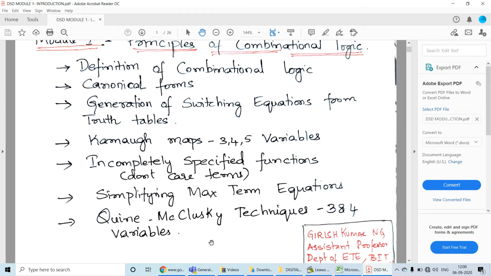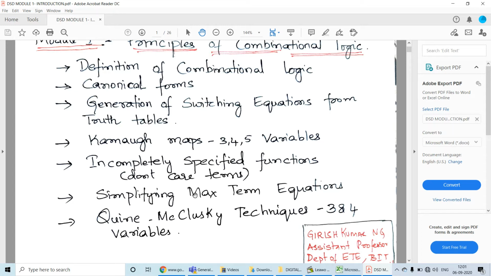The Quine-McCluskey technique is used to reduce the complexity, which is greater in the Karnaugh map technique. Using a K-map we solve logical expressions, but it becomes more complicated as the number of variables increases. So how do we overcome that when the variables increase? Quine-McCluskey is a very good technique which we use to solve any given logical expression in the simplest manner.